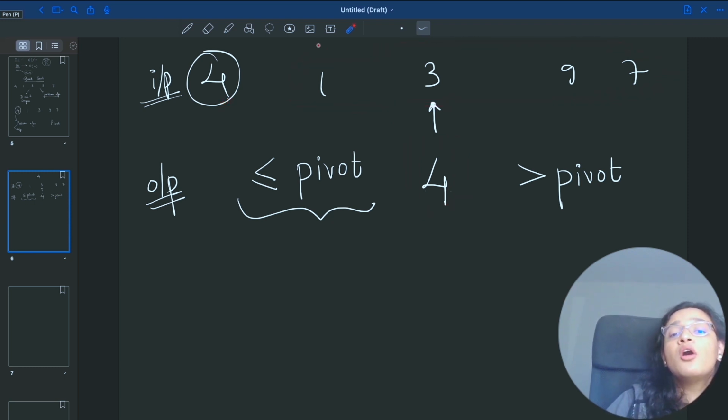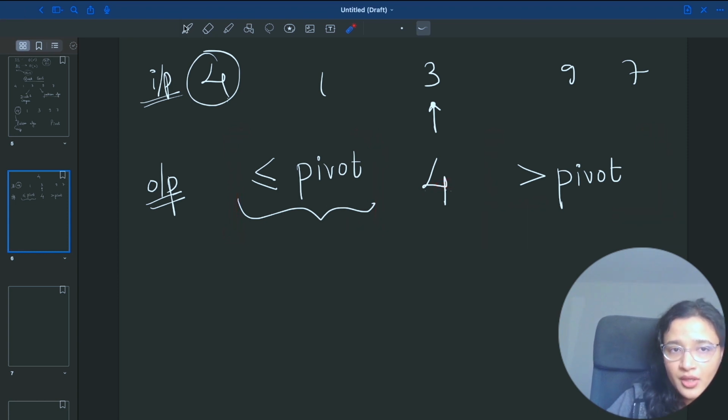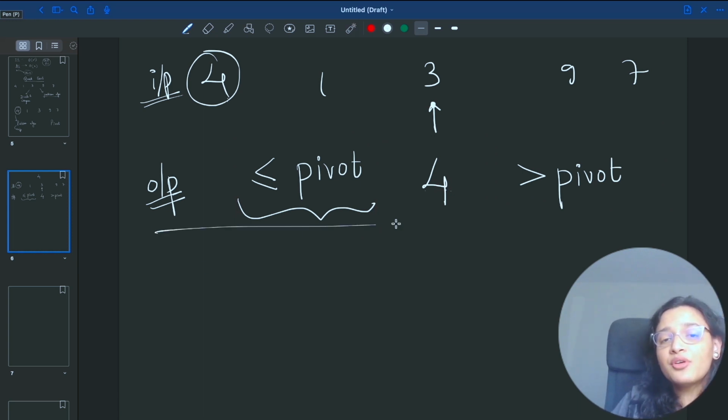in such a way that all the numbers which are less than or equal to 4 are going to be to one side. All the elements which are greater than 4 are going to be to the right-hand side of 4. So here, if I apply this algorithm to this particular data, what I'm going to get is, after I perform the division,